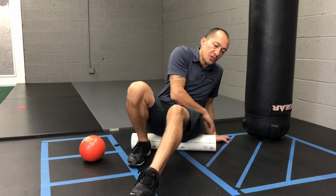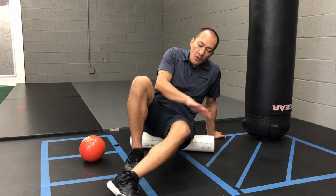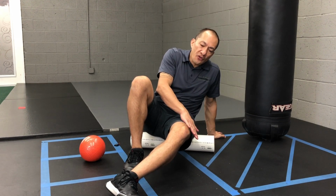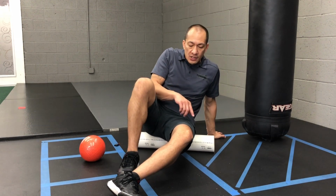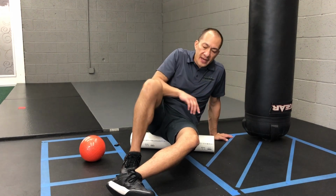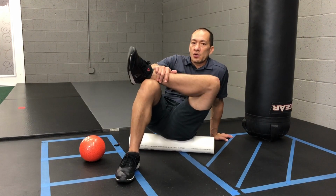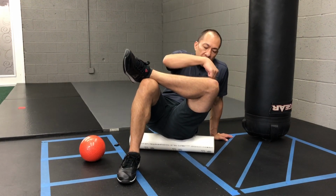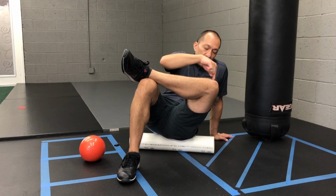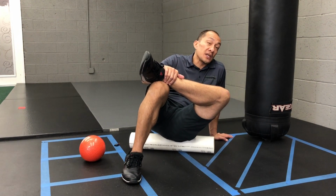So I'm going to demonstrate the foam roller variation first using a PVC pipe. I'm going to treat the glute max and piriformis on the left side. So I'm going to lean towards the left side so that I'm kind of sitting on that hip, and then I'm going to take the left leg and cross the ankle or lower leg over the knee, externally rotating the upper leg or femur, which is going to allow me to access some of the deeper muscles within that hip